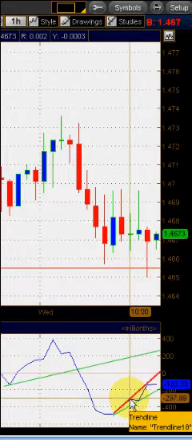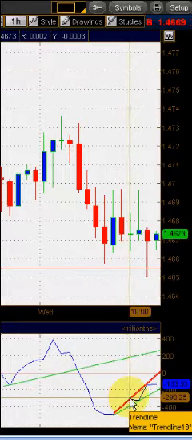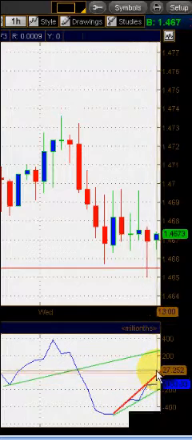Okay, and that's this kind of a long-legged doji there, as it's called in candlestick language, and I drew that and extended that up to the right,